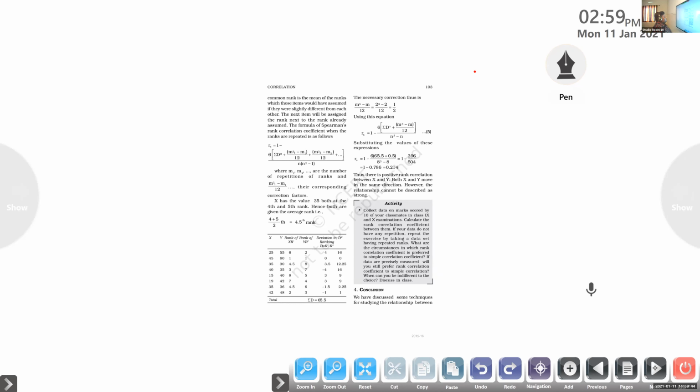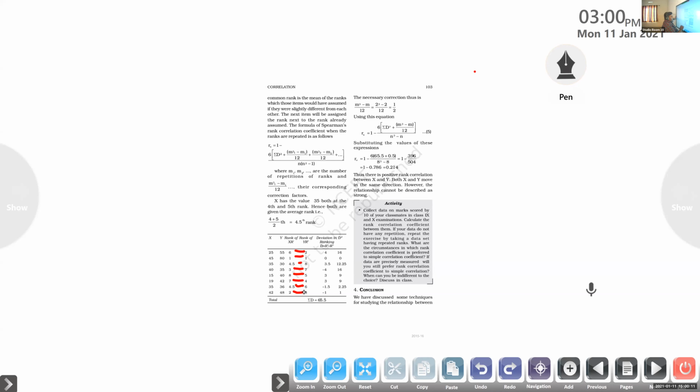Next one, deviation D and D square of ranking. D is equal to R dash minus R double dash. Clear? So 6 minus 2, 1 minus 1, 4.5 minus 8, 3 minus 7, 8 minus 5, 7 minus 4, 4.5 minus 6, 2 minus 3. Okay, so we got the numbers 4, 0, 3.5, negative 4, minus 4, 3, minus 1.5, minus 1.